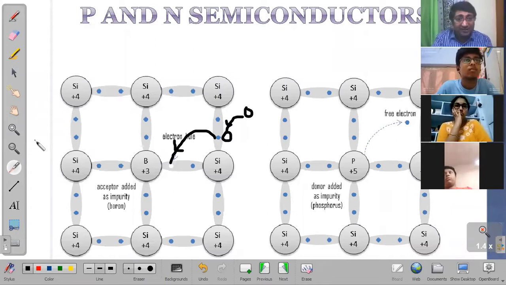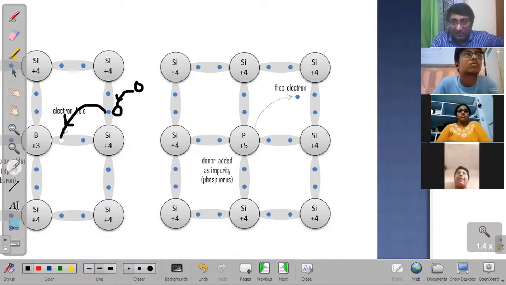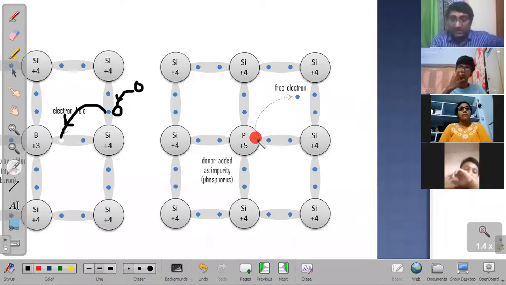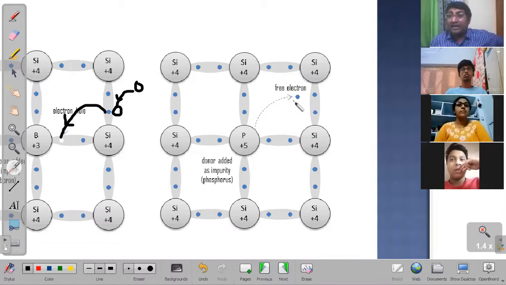So let's look at the reverse concept. The reverse concept is as simple as the initial one. In this case, the same silicon structure is everywhere. You have the same silicon structure with all 4 electrons bonded, but you have an impurity which is phosphorus. Phosphorus has 5 electrons to contribute. So each phosphorus is giving 1 electron to each silicon. So 4 electrons are given to silicons, but there's an extra electron which is free to roam around like a metal. Metal atoms have a lot of free electrons.